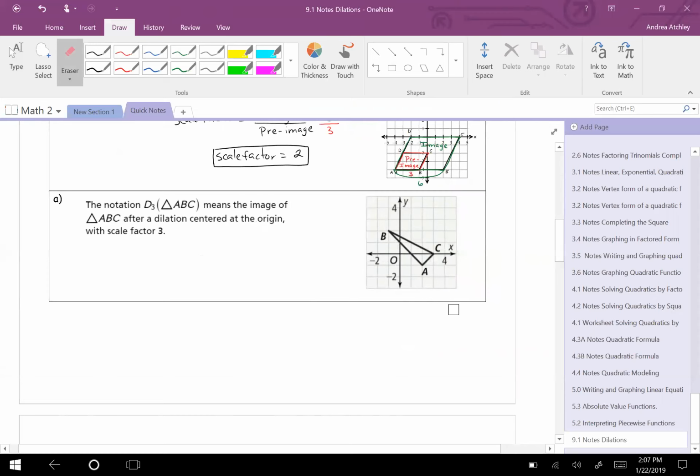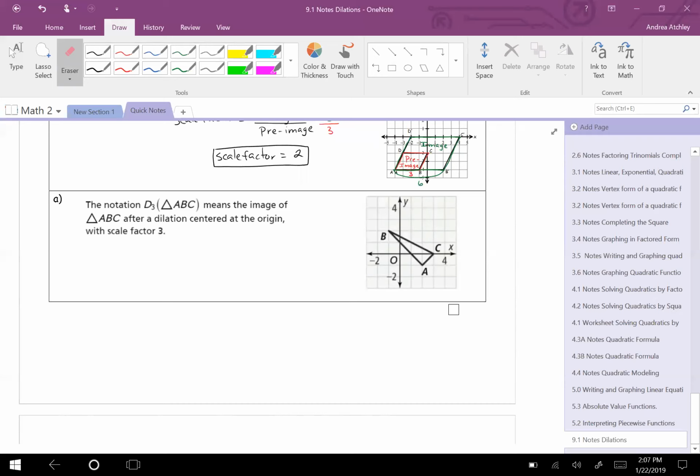Okay, the notation. Dilation with a scale factor of 3, that's what this is saying, of triangle ABC means the image of triangle ABC after a dilation centered at the origin with a scale factor of 3. Since there's no letter to tell me what point I'm dilating around, you assume it's at the origin. Okay? So basically that means